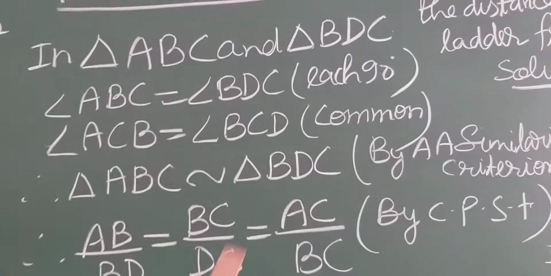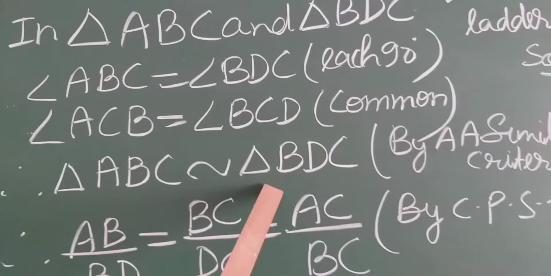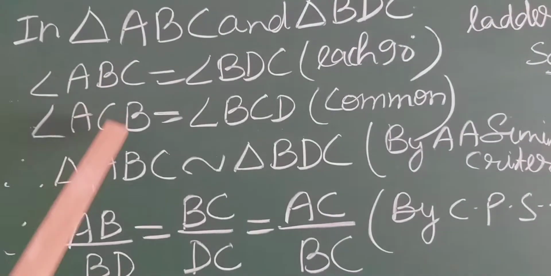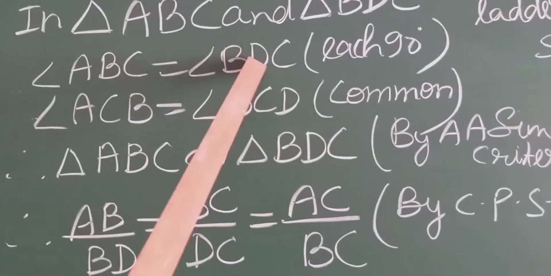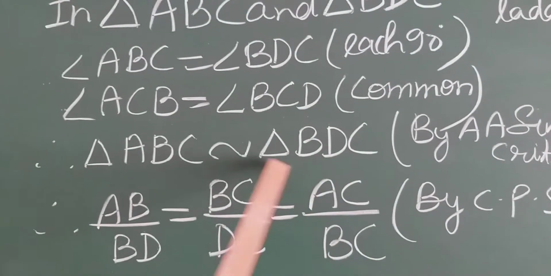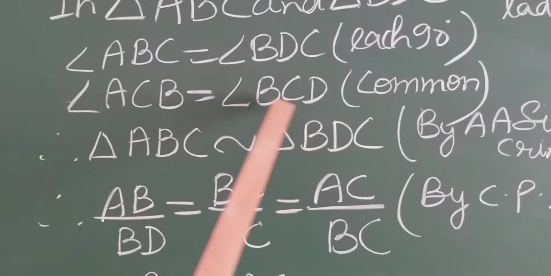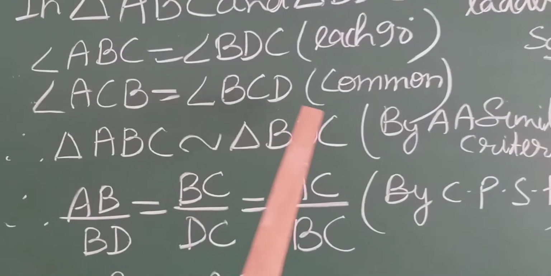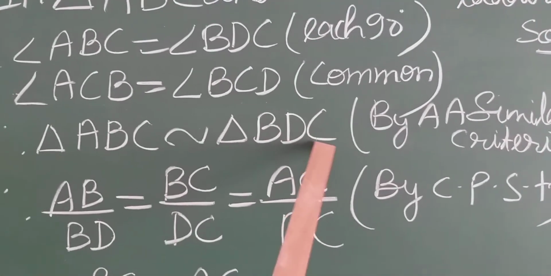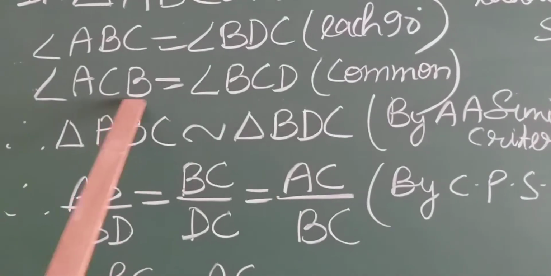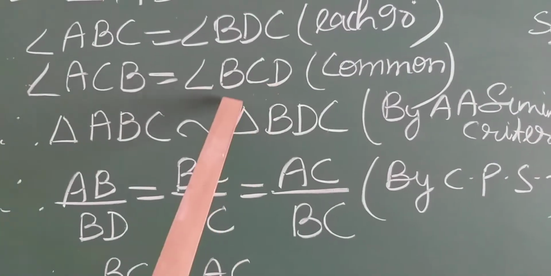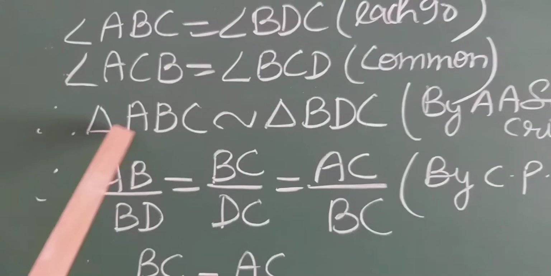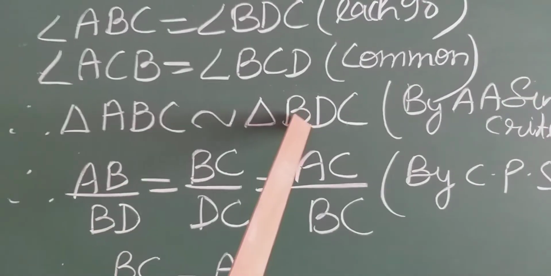Okay students, you can see here the second triangle name I have written correctly. Here angle B is 90 degrees, so at the place of B, D should be there because angle D is 90. And angle C is common in both, so I have written C at last in the first triangle. Then C also last in the second triangle because angle C is common. So always remember, the second triangle name you have to write according to the first one.